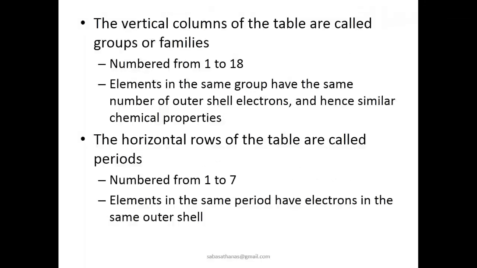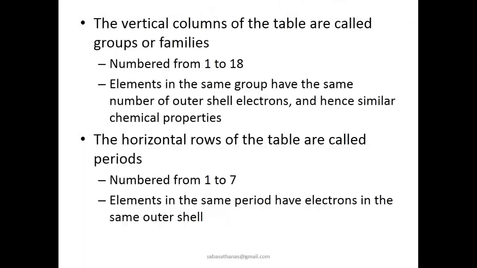Kwa tukija the vertical columns of the table katika modern periodic table, ndio wakaja kugundua the vertical columns of periodic table is so called groups or family. Kwa they can ask you define the term family or define the term group, or anywhere you can be asked the questions. Kwa the vertical columns, which is the group numbered from, akaita kuna number group namba 1 mpaka namba